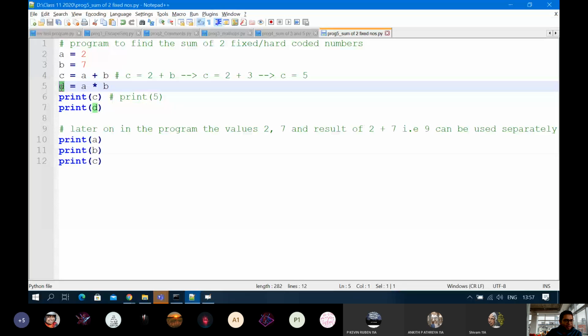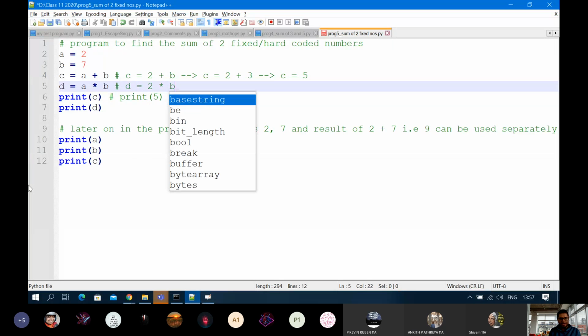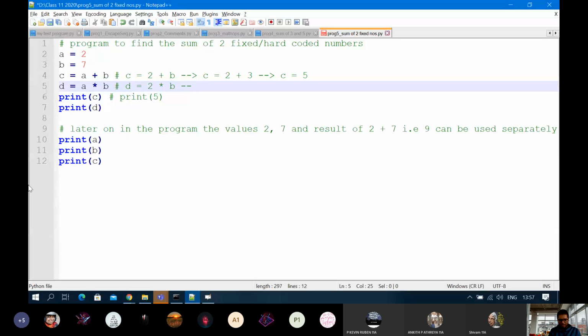I have used another memory location which contains the result of A multiplied by B. इस तरह से होगा D is equals to 2 multiplied by B, then from the B location the value will be fetched. This expression will internally resolve to 2 multiplied by 7. Then this will finally be resolved to D is equals to 14.